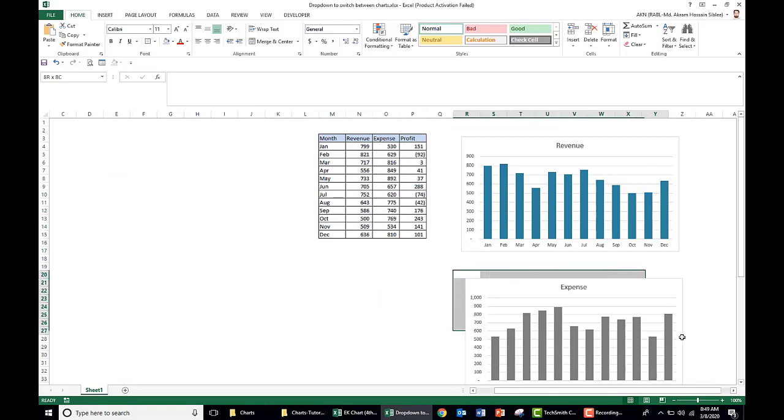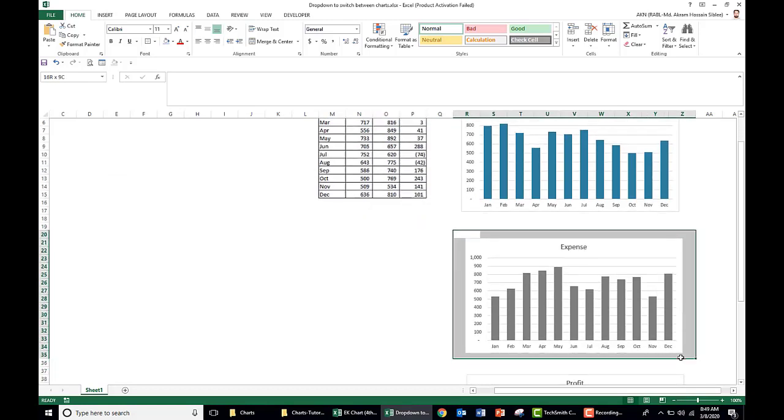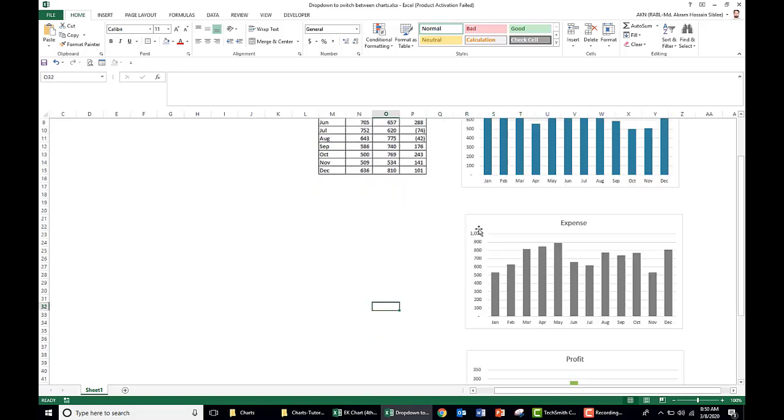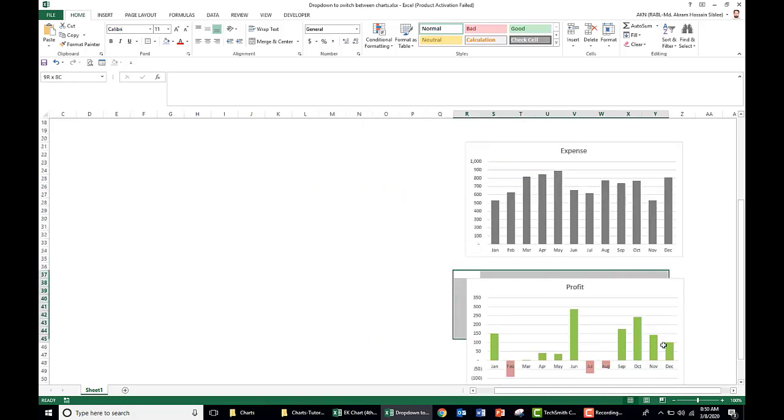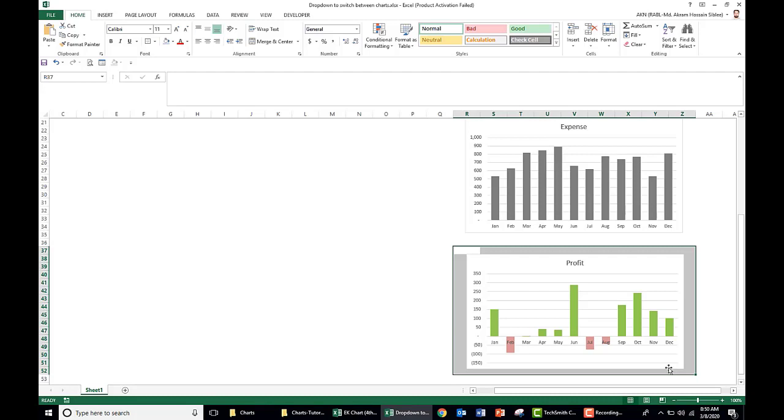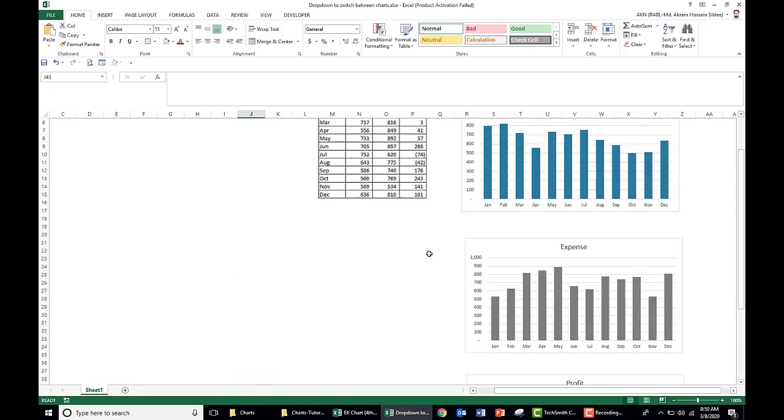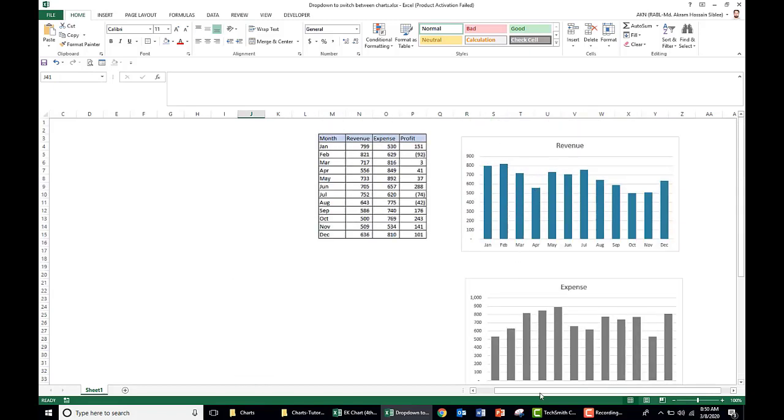We do the same thing for expense. Go to the name box and give the name as expense. Again we do the same thing, create another named range for profit. Come to the name box and write profit. So we created the three named ranges for our three charts.